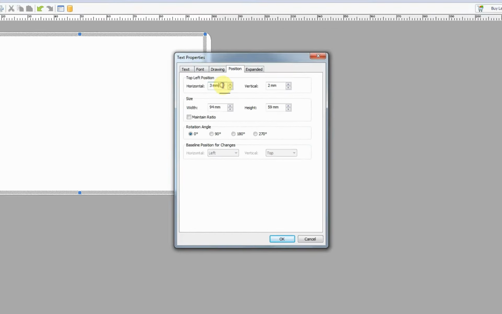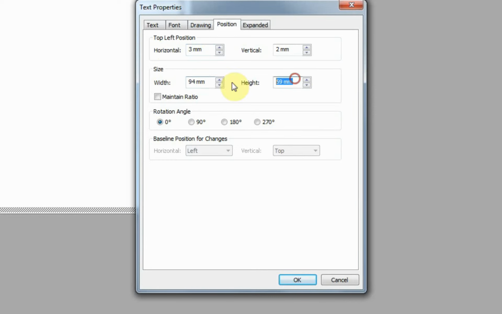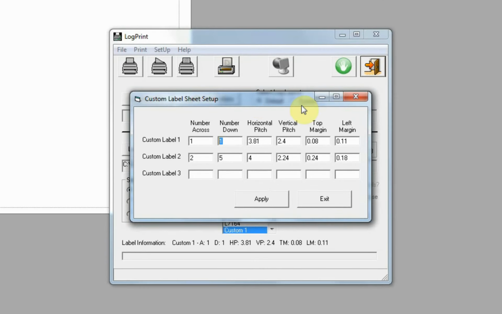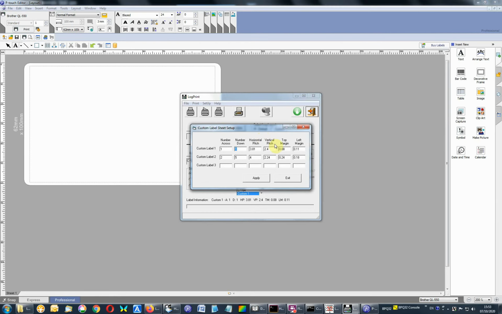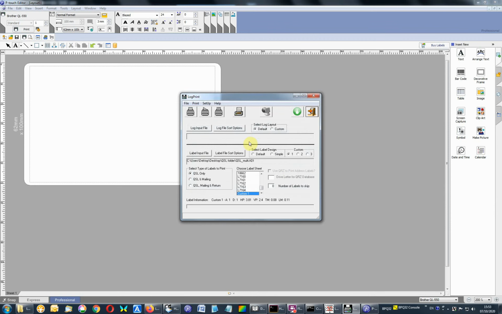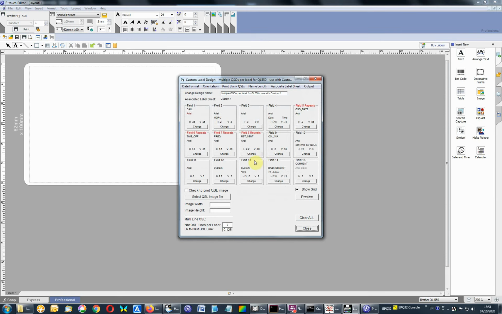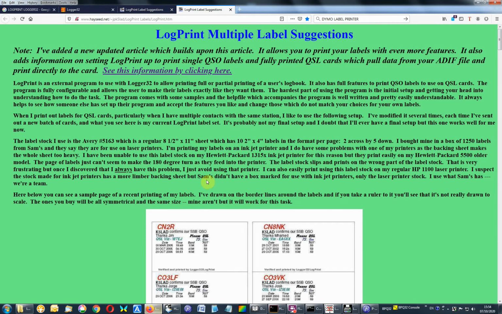If we type properties here, position, you see all the dimensions there, and you've got to modify millimeters into decimal inches. Decimal means a decimal system. Instead of fractions, you've got this 2.4, so that's in inches, everything. There's another label I've set up there, but it doesn't matter. Most of this stuff is from this web page here,